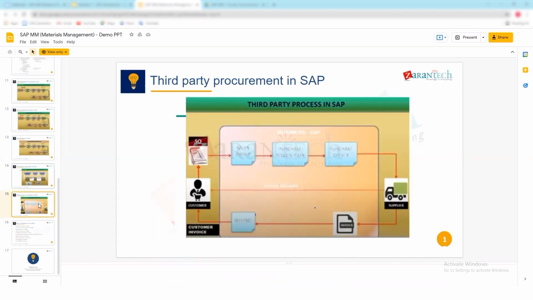So next is third party procurement. So third party procurement means what? Suppose we are manufacturing vehicles in our plant, and we are procuring the engine from XYZ vendor. Let's take the example of Tata Motors. Tata Motors is